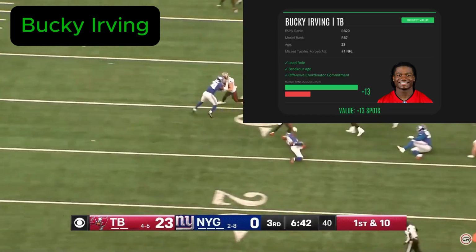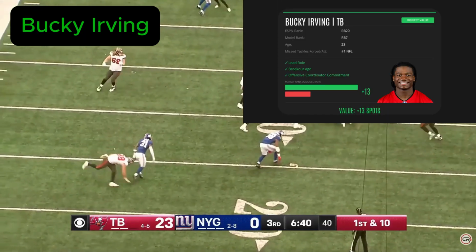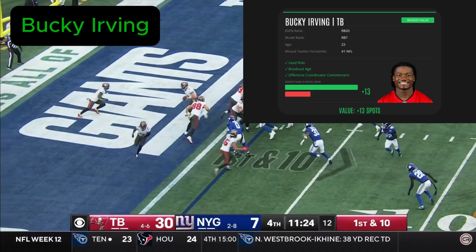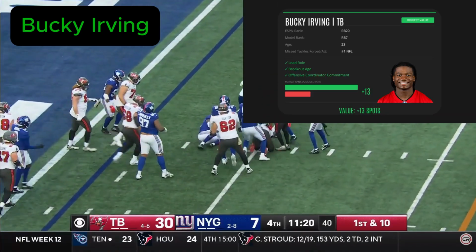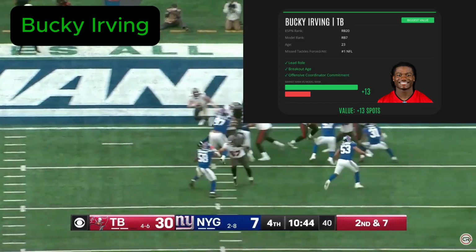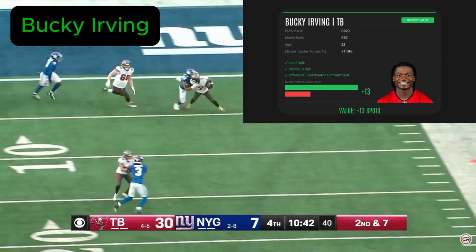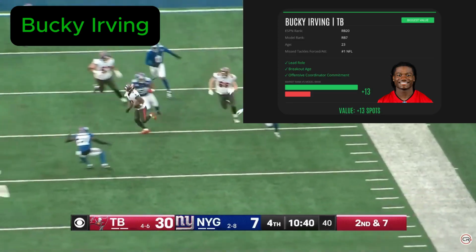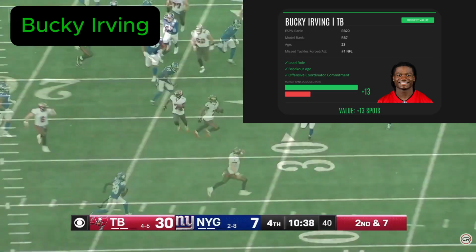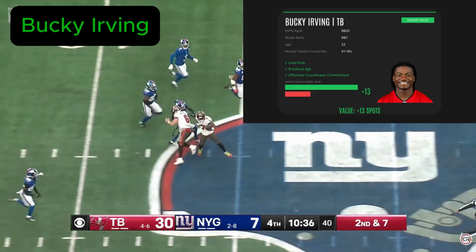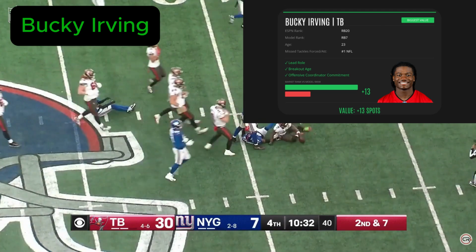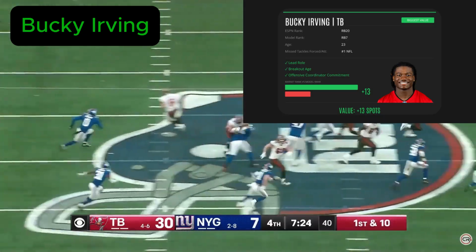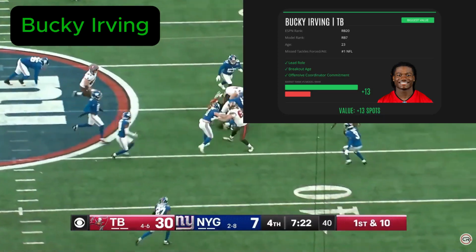The new offensive coordinator is Zac Robinson, who ran Bijan Robinson's offenses in Atlanta. He came out and explicitly said that Irving is a starring role in this offense. Those were his words, not mine. Irving is 23 years old, entering his peak breakout age, and has elite contact breaking ability. With a confirmed lead role, a pretty good quarterback, and an OC who has publicly committed to featuring Bucky Irving